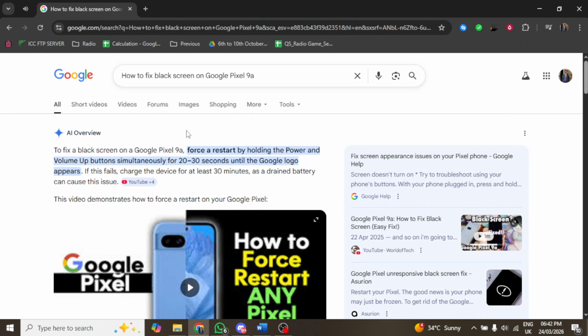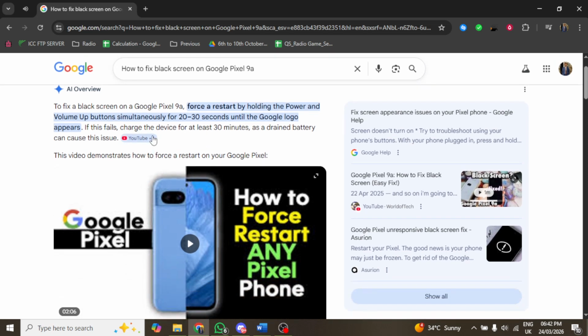Look for the option labeled Network and Internet. Within this menu, ensure that the toggle for mobile data is switched on. Next, check that airplane mode is disabled. This is crucial, as enabling airplane mode will prevent any mobile data connection. Additionally, verify that your SIM card is active and correctly inserted into the SIM tray, as improper placement can lead